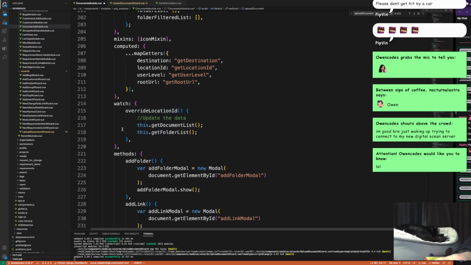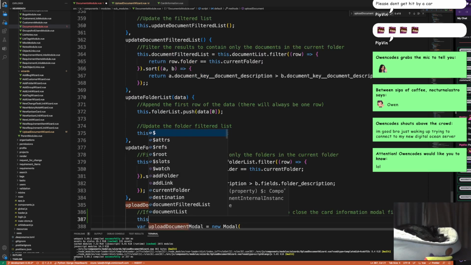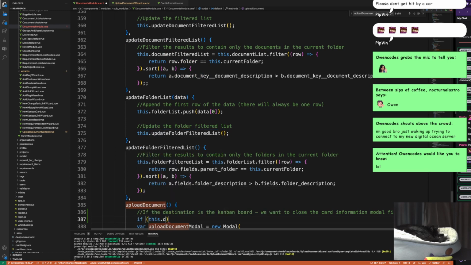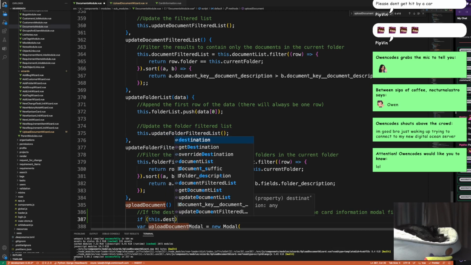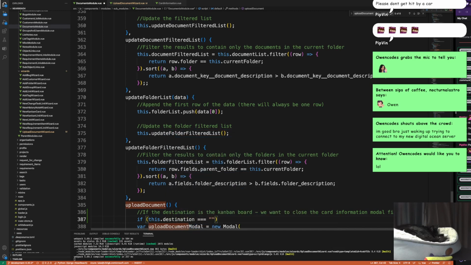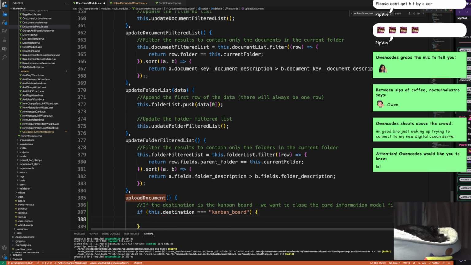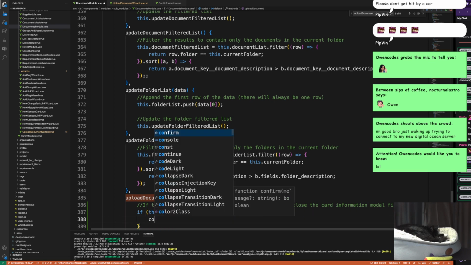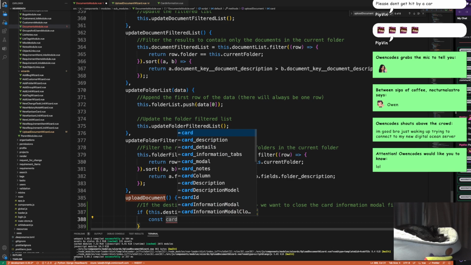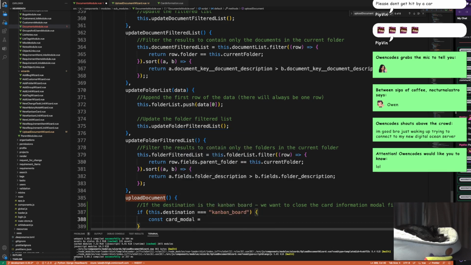Override location ID. In this sort of case, we already have destination, so if this.destination equals Kanban board, then we get const cardModal equals